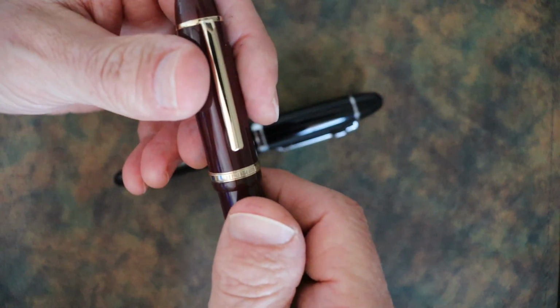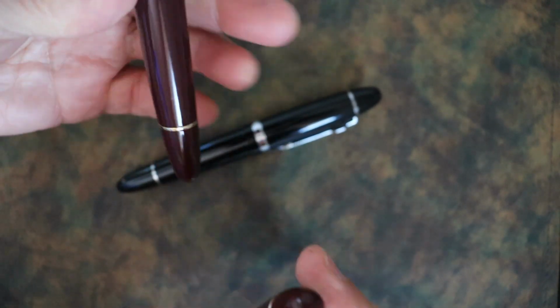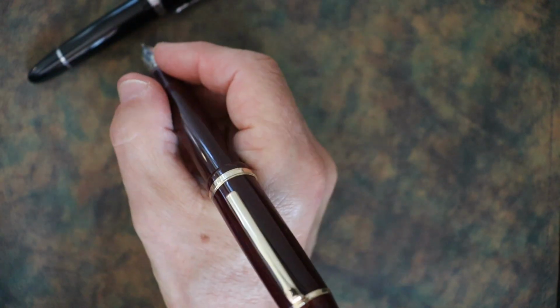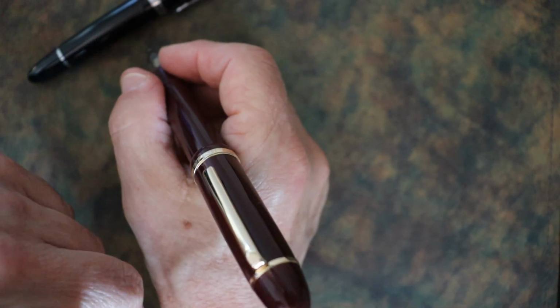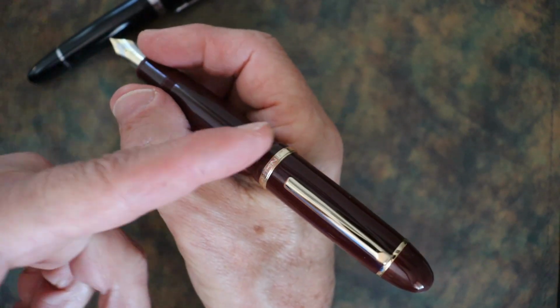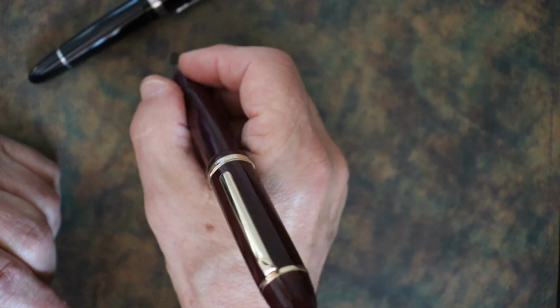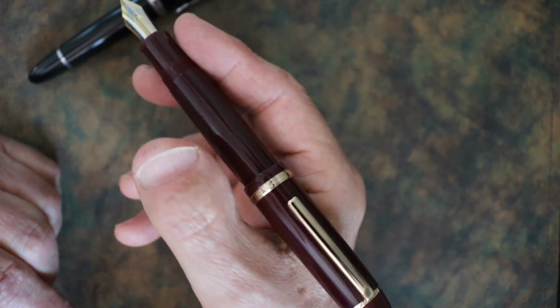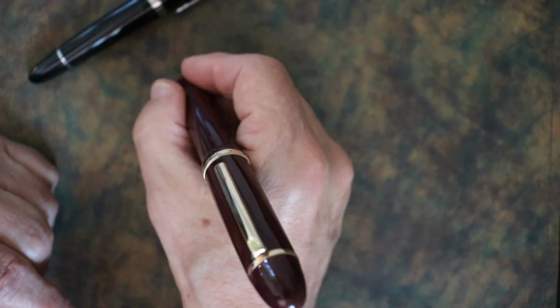Will these post? Yep, they will post. And the X159 posts securely. It is comfortable. It doesn't seem too long on the back side when it's posted. You really don't notice any back weight at all. And if you have larger hands, you'll really appreciate that. So that's nice. Whereas the